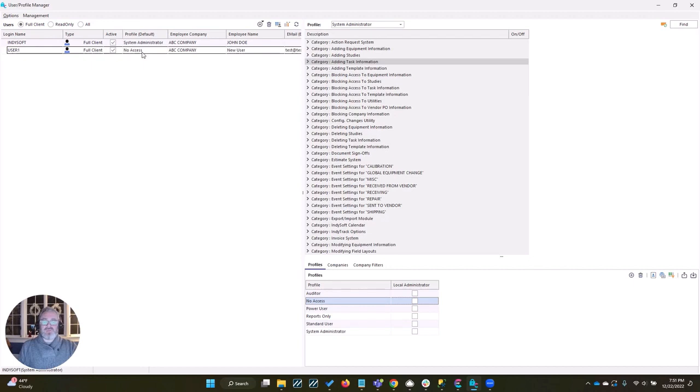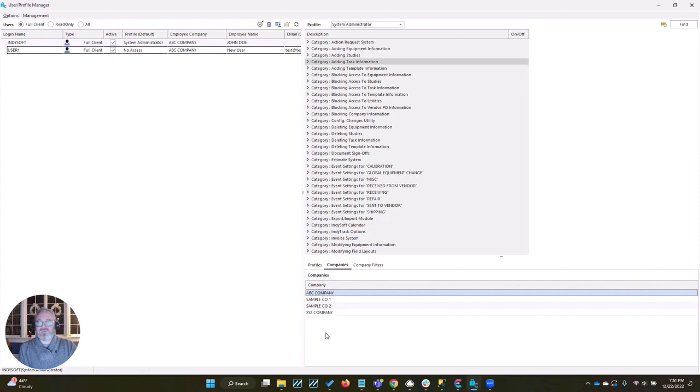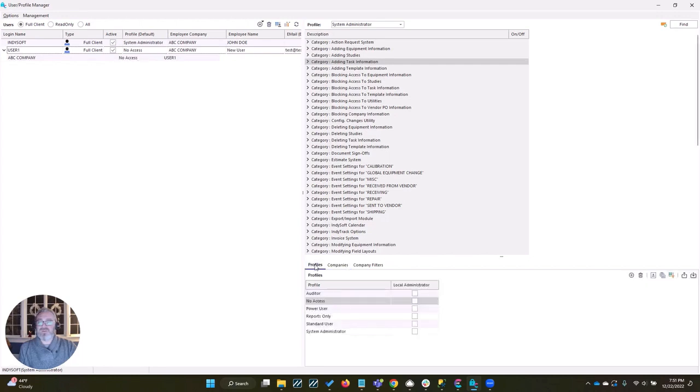So maybe you have a situation where you have multiple companies, and you have a user that you only want to have access to see assets that are in a particular company. Well, you can do that by applying companies to the user. So we would leave the main login with no access, and then we would drag up the company that we want to apply. Now you see it's got the drop down with that company listed under. Again, it's just pulling down that same level of no access. We're going to change that